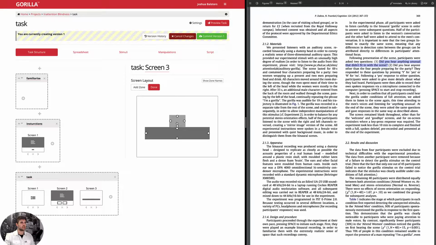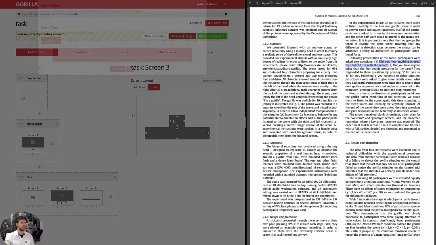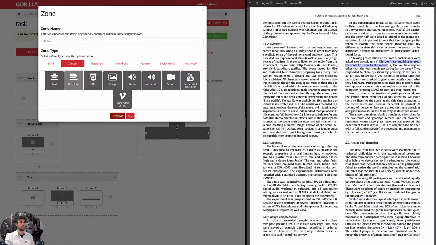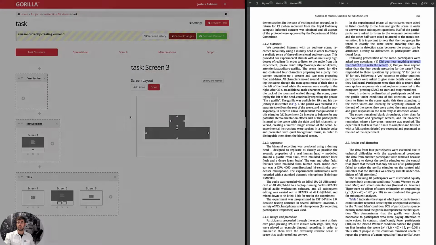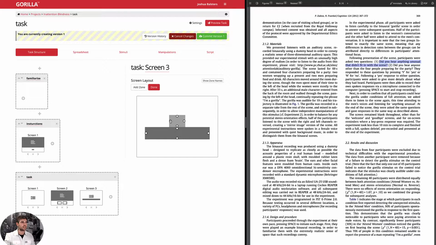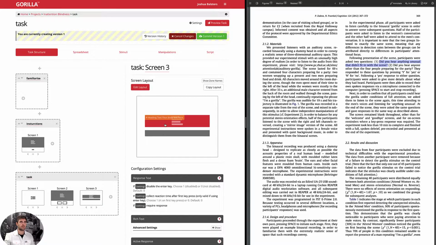Now obviously as well, I'm going to need some content. I can't just put a blank text box in there. I need to tell them what to do. So here we go again. So we know that needs to be 10, so that lines up. This needs to be 90, so that lines up perfectly. And what I need to do now